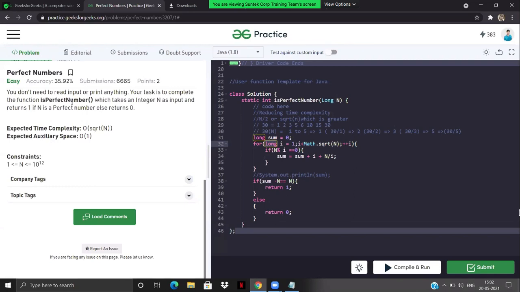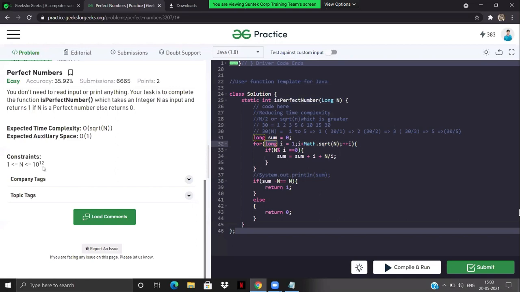There are a couple of reasons. First of all, the value of n is going to be long. If it is going to be long, I need a variable which should iterate in the long range. That's the reason we have taken it as long.